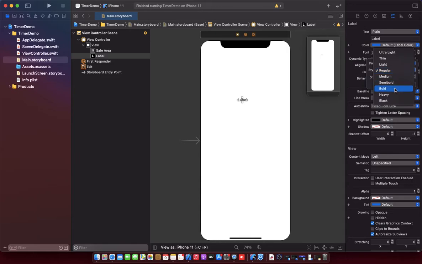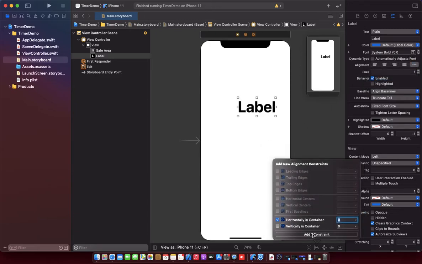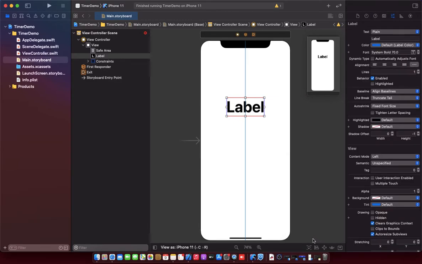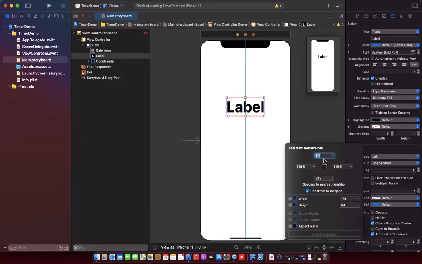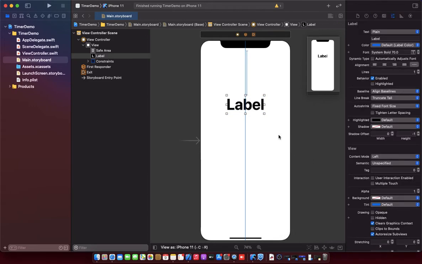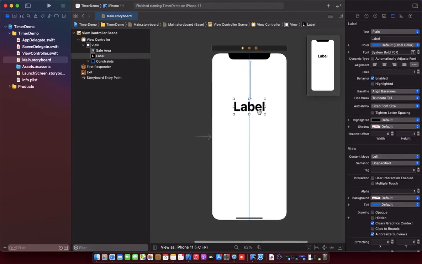I'll set it to bold and the font size will be 70, and we need to give constraints, so center horizontally and the top will be 200. Okay, so this is the basic constraint and the label text starts from 0.